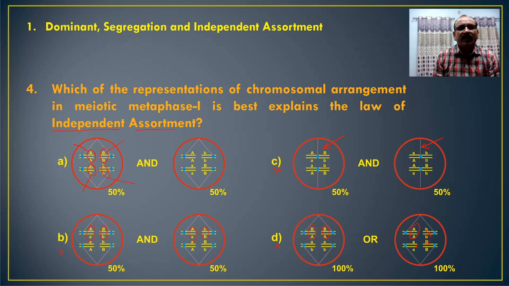Here only the arrangement of the chromosomes is different, but the condition given in the first diagram is again similar in the second diagram. Hence the correct answer to this question, that is the proper arrangement of the chromosomes at metaphase 1, is in such a way that all the genes present in it can independently assort.